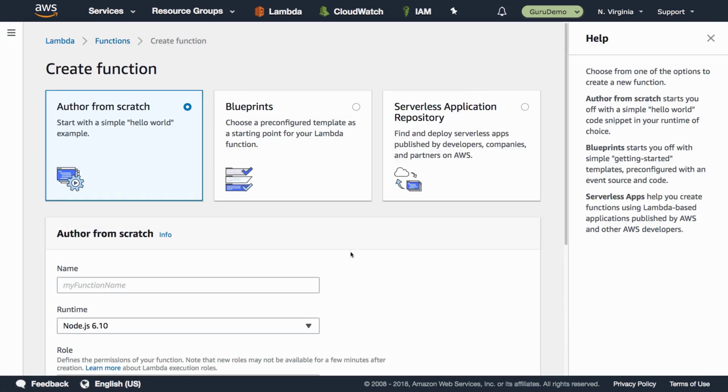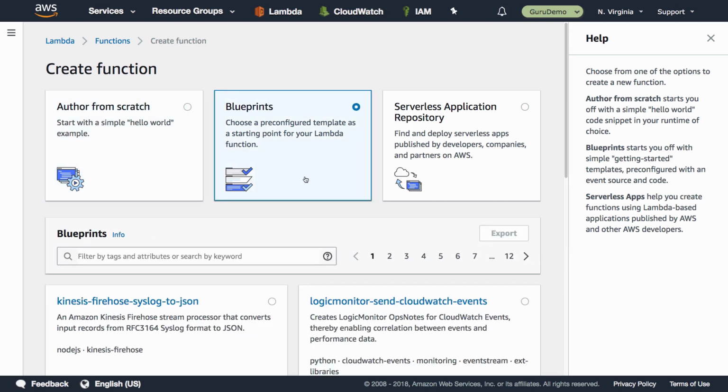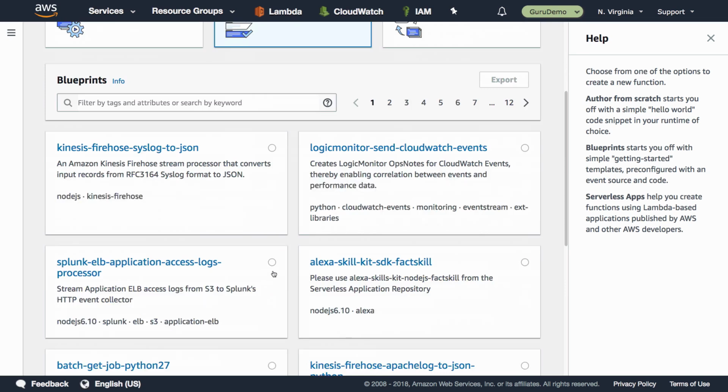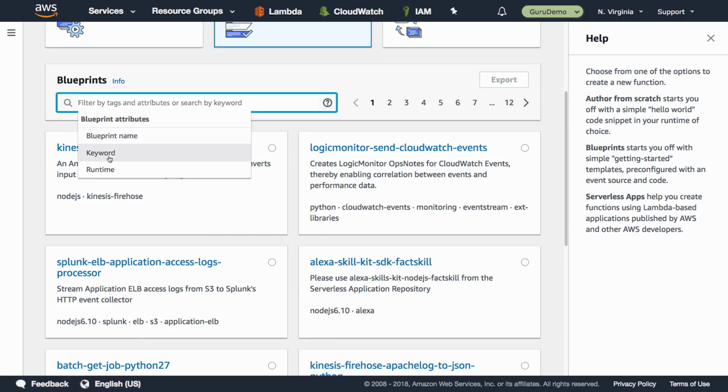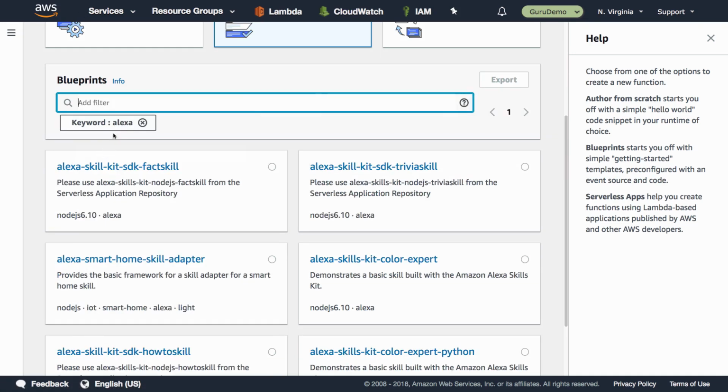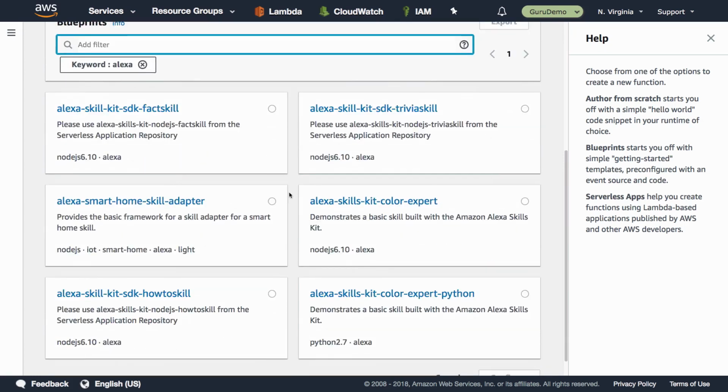There are a few basic ways to start a function. You can start from scratch, which has no presets, nothing, no pre-filled out code. You can choose blueprints, which are handy little pre-built examples. You can see some of these blueprint options are handy if you're building, say, an Alexa application. You can filter by tags and look for keywords like Alexa, and it will give you all of these example